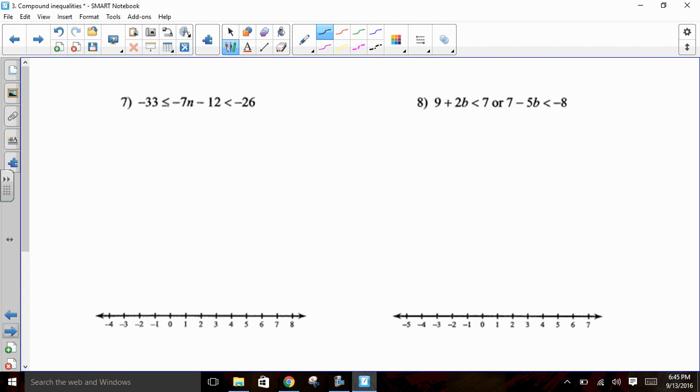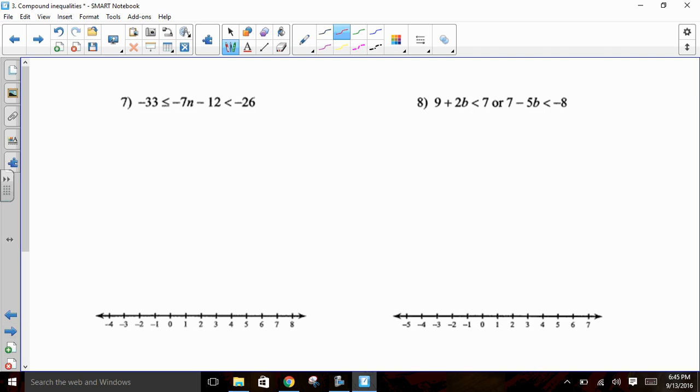Alright, number 7 is a little bit more intense. It's got a couple extra steps with it, right? My n is not just either added or subtracted. It's got multiplying and subtraction with it. So,